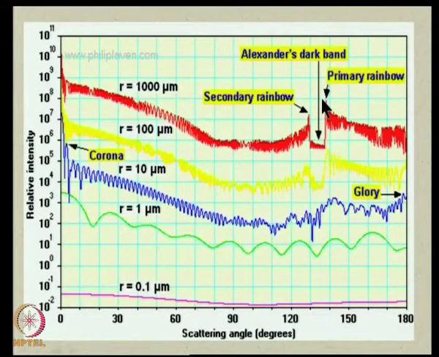So, you are able to see them distinctly in the sky, because there is more scattering into this angle than any other angle here. So, locally there are maxima which you are able to see very distinctly. There are of course other maxima which are not shown in this picture, which refer to tertiary and higher order rainbows.